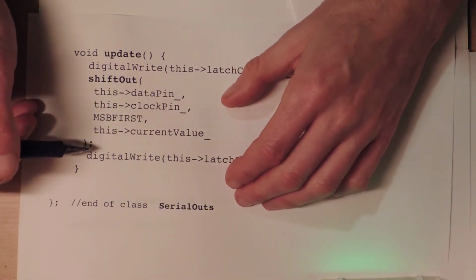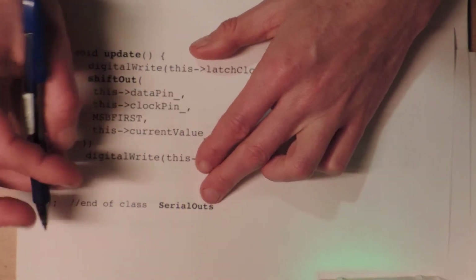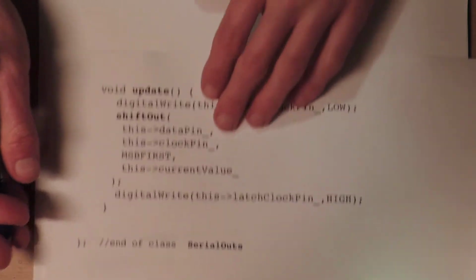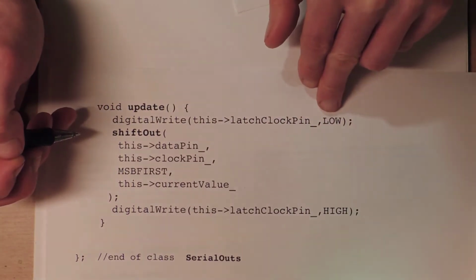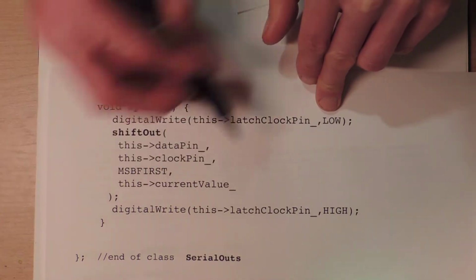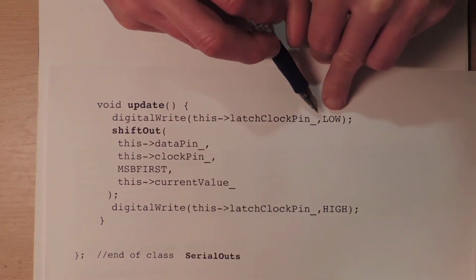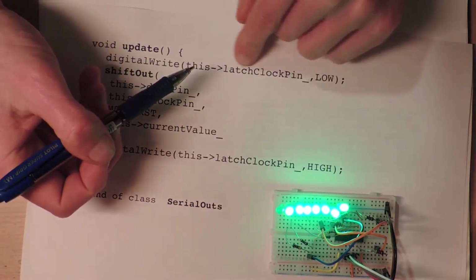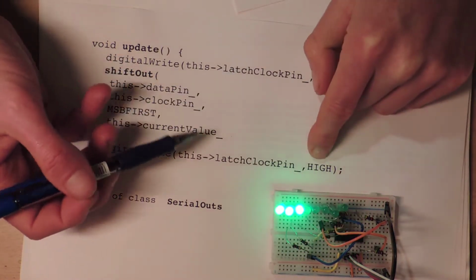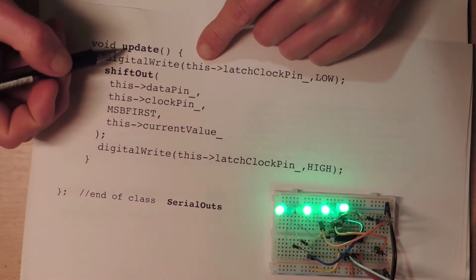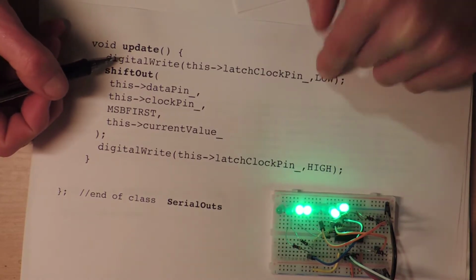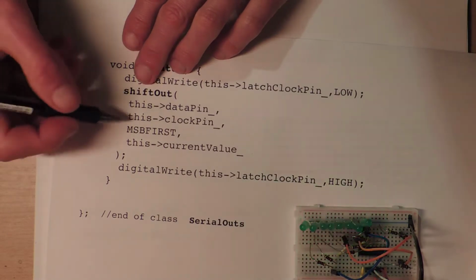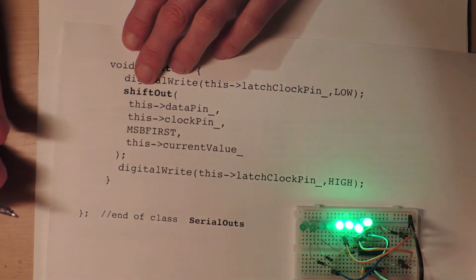I think we can talk about that, because then we can finish the next video talking about how I actually use the class and a few more bits and pieces about that. But basically, I started off by setting the latch pin to low, and that's because the output only changes when you go from a low to a high on the latch pin. So before I do anything, I make sure that it's low. And then I use this handy built-in function of the Arduino library, which is shiftOut, which does exactly what you want it to do